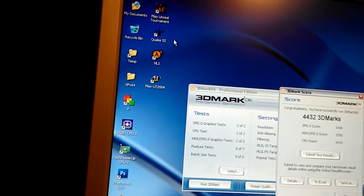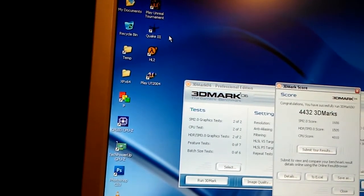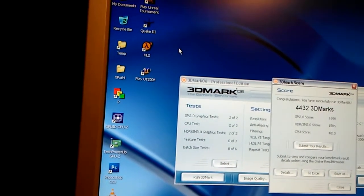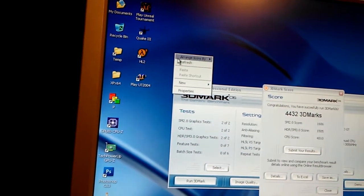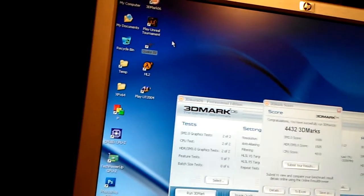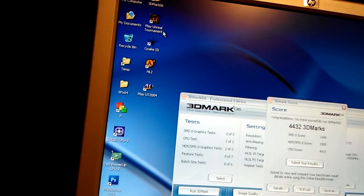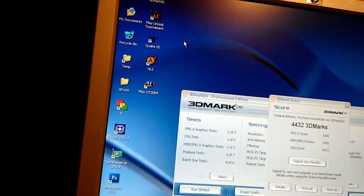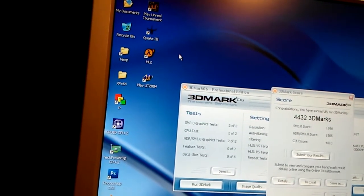So I tried Bioshock 2, maybe it's too modern, but I wasn't able to run it at all. And Fallout New Vegas, I think it's the same problem with XP, even installing Windows Live and all this stuff. Probably I would be able to make it run, but it's just not that important. Unreal Tournament and Quake are both running at maximum details, at maximum frames per second, 91 for Quake III, 75 for Unreal Tournament because of the monitor refresh rate. Half-Life 2 had everything maxed except AA,